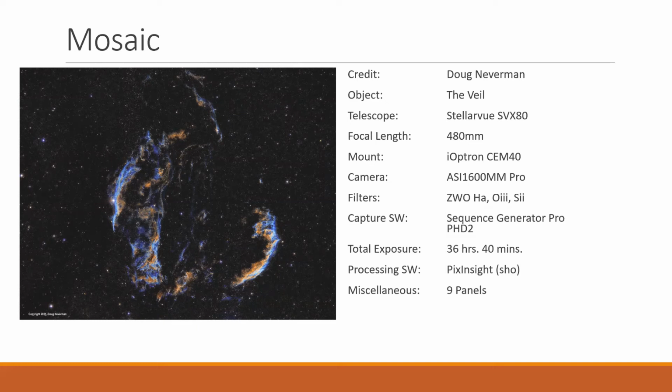I can attach my astronomy camera now to my Nikon lenses, so I could take it that way. But the real reason I did it was that I can print this on a bigger piece of paper, and the details that I have in this picture would look very nice. If I took it with a shorter focal length, then I'm going to lose details in the veil in the